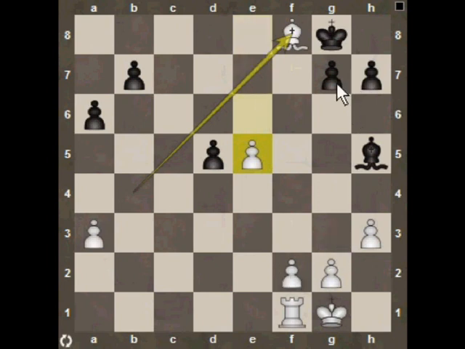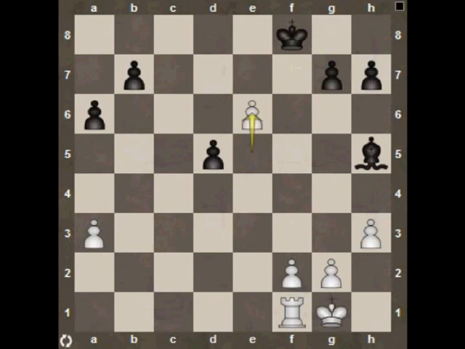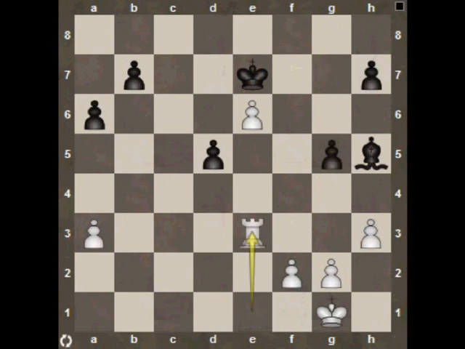A 3-2 majority, and I suppose his real point in the game was probably to start pushing these, which he doesn't really do because he has to spend an awful lot of his time defending against my play here. So I think this is a won endgame for white. King takes f8, e6, king to e7, rook e1, g5, rook e3,